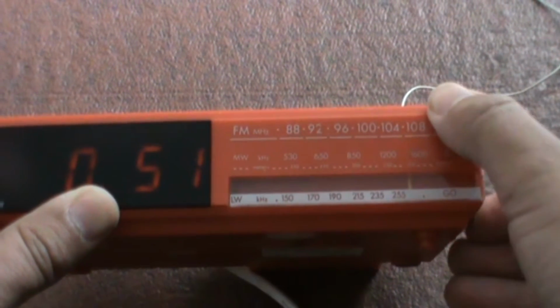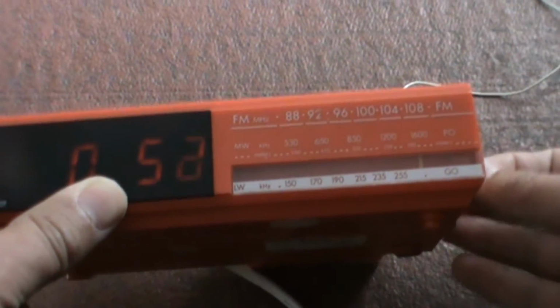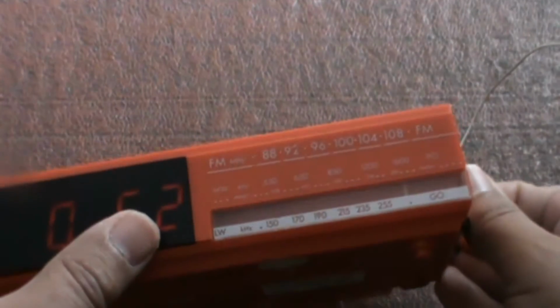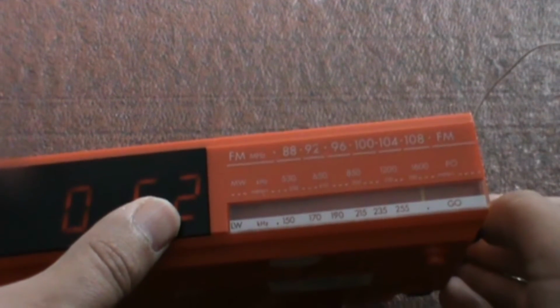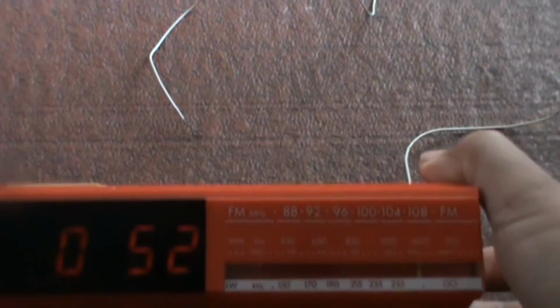Yeah, okay. I was messing with this yesterday, I wanted to notice, so I just changed the band to medium wave. I wasn't getting a signal. You can hear that buzzing. The switch isn't that good, so...